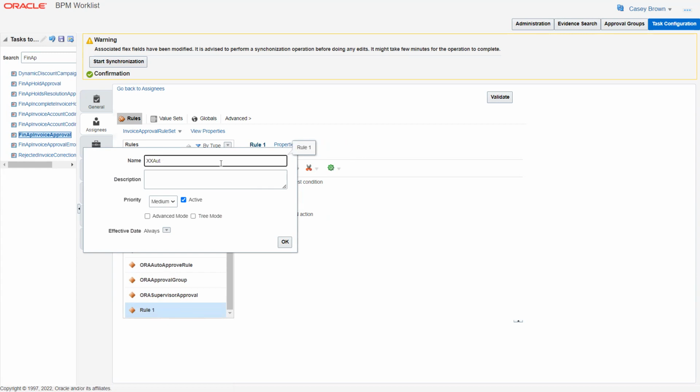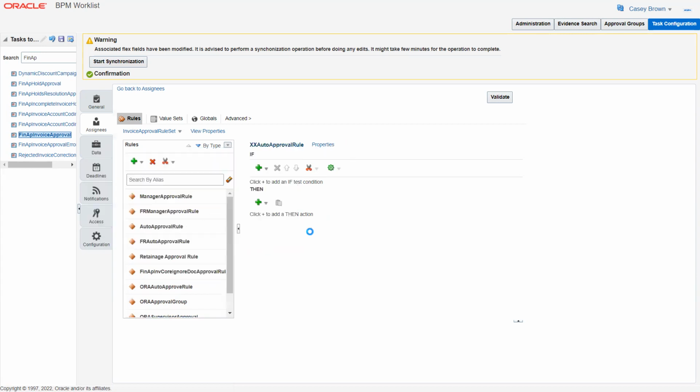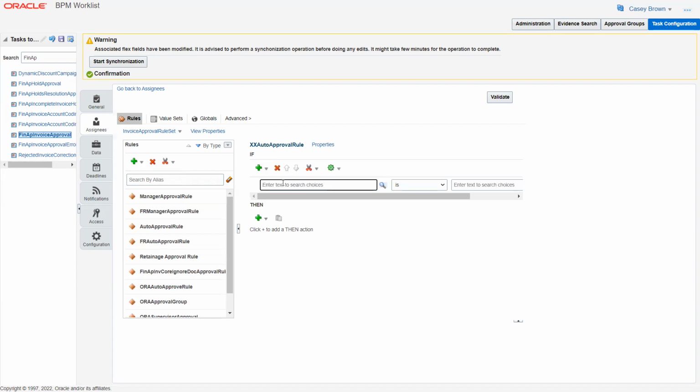Then you just click on properties, and I'll say auto approval rule, and you can mention the description. As of now it is active, so let's go with active only. Now we want to add three conditions, right? So in the if condition, just click here and click on simple test. Now what is the first condition? Let's say invoice